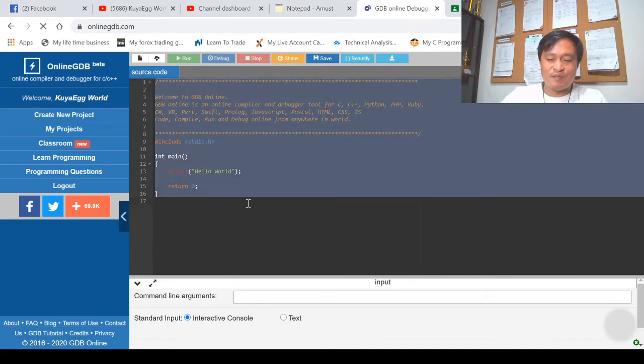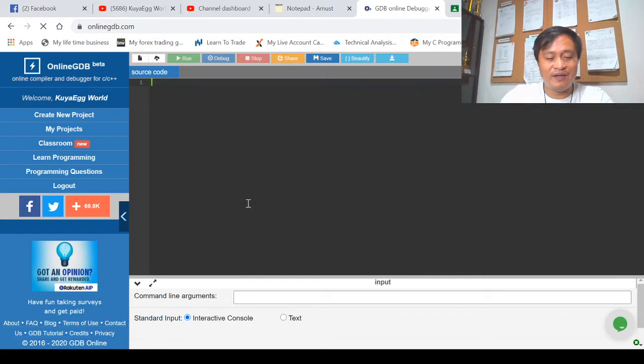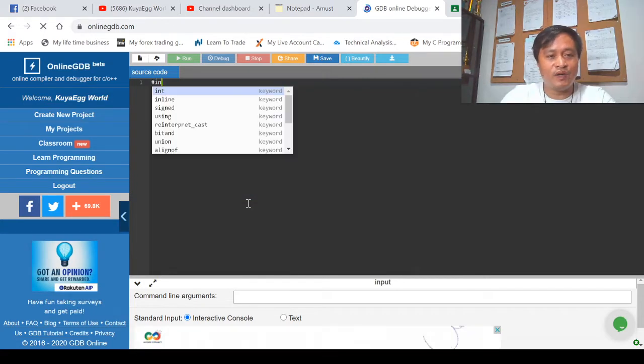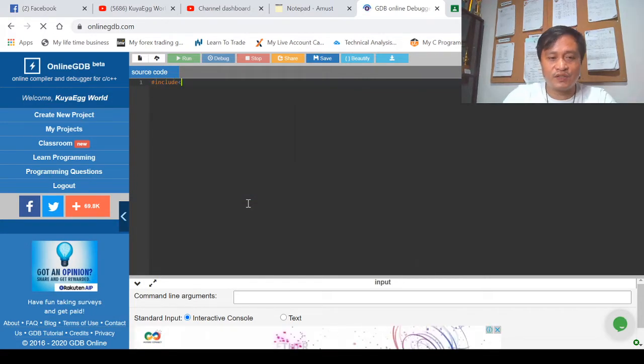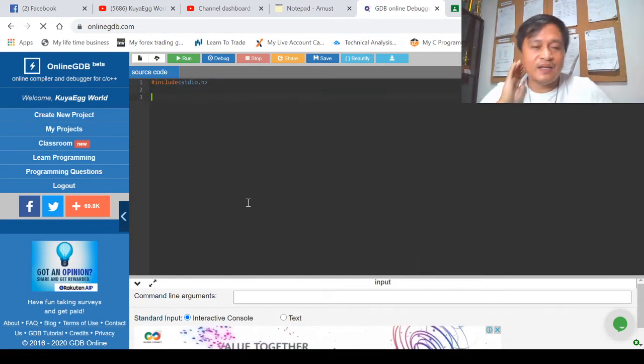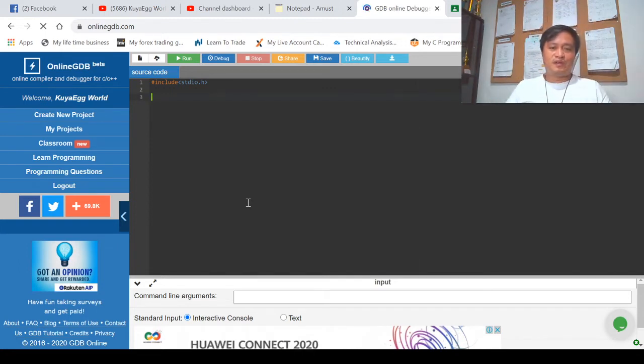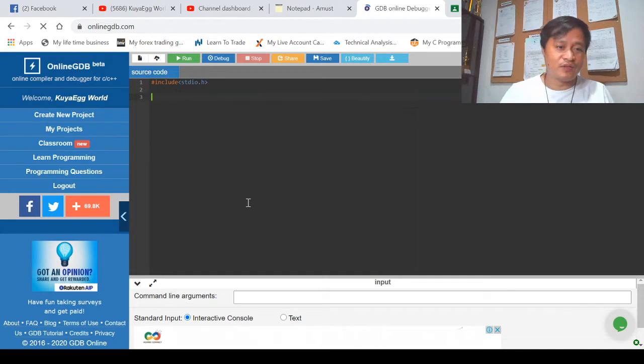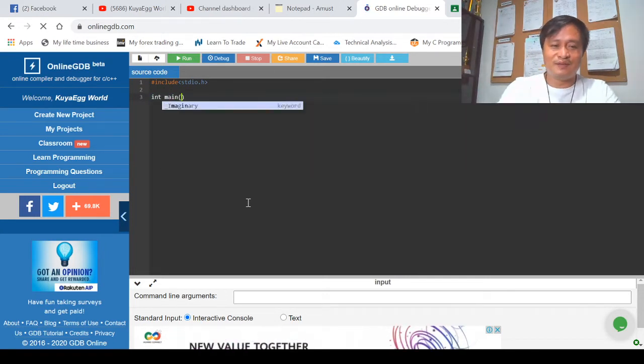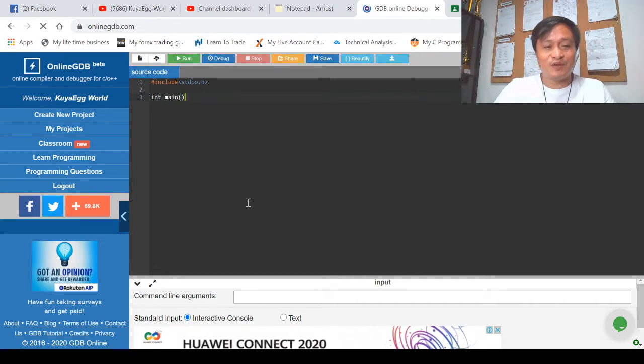This is now my online compiler. Of course, at first we have to issue this command, include stdio.h. This is the normal first line of instruction, right? Because under stdio.h we are allowed to use printf, scanf, and some basic statements in C programming language. By the way, I am a fan of using int main. I used to declare my main function as integer,